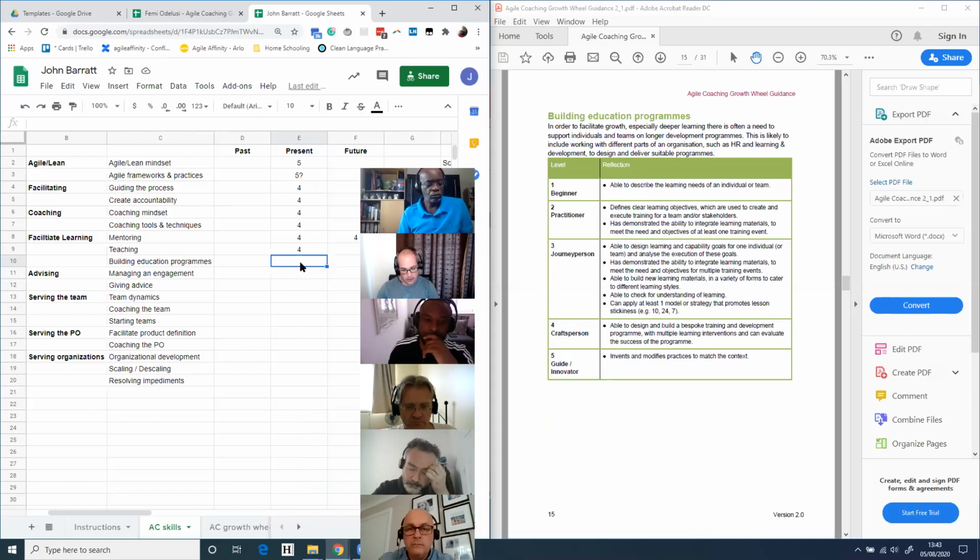So I'm going to go for a 4. Again, I would score myself a 3. I have put programs in place so it's not just for me about just saying you need to do this, this, and this. It's iterative, it's ongoing, and it's about enabling them to demonstrate it and continually do it over a period of time.